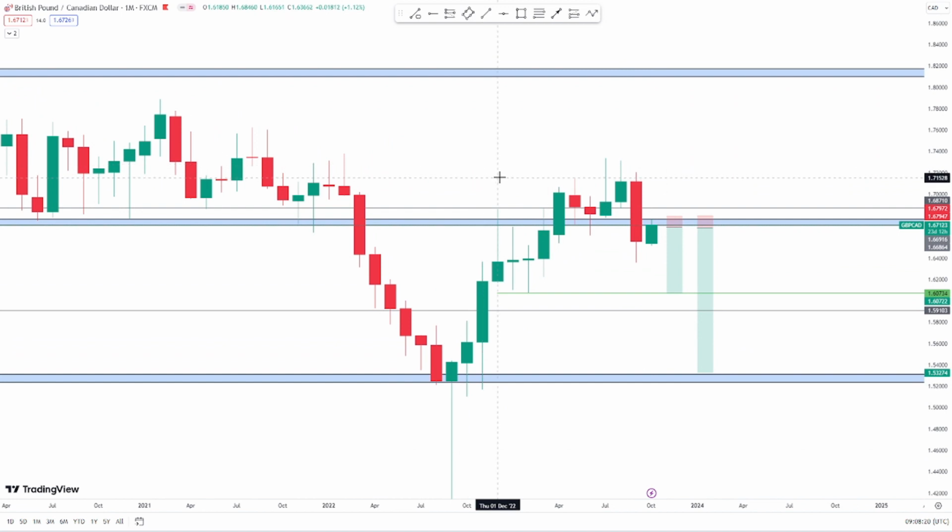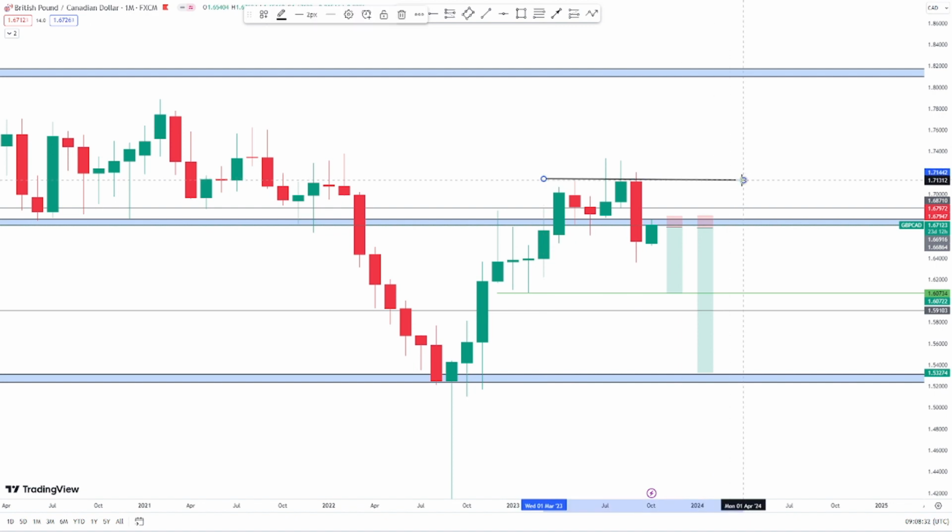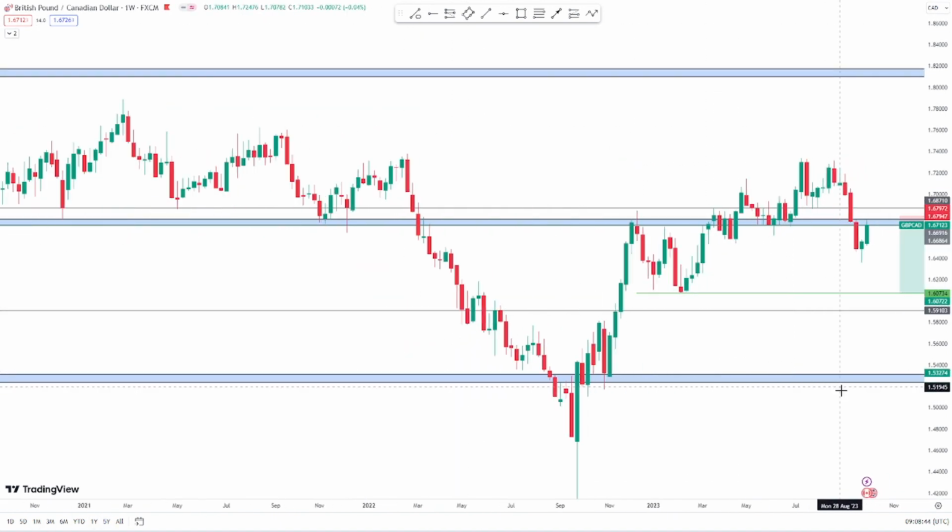It's on the monthly time frame. Price faded to close above this week, like so, creating a bearish engulfing candle like this. And if we go down to the weekly time frame, on the 4-hour weekly time frame, you see that